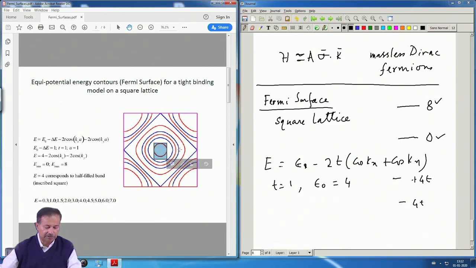As you increase the filling, your E goes up, and first of all you are going up towards the zone boundary, which is this blue line, and you are also becoming distorted from the circular shape. In 3 dimensions it is like a sphere: at low densities you have a spherical Fermi surface, and as you increase the filling the Fermi surface becomes more distorted from a sphere.